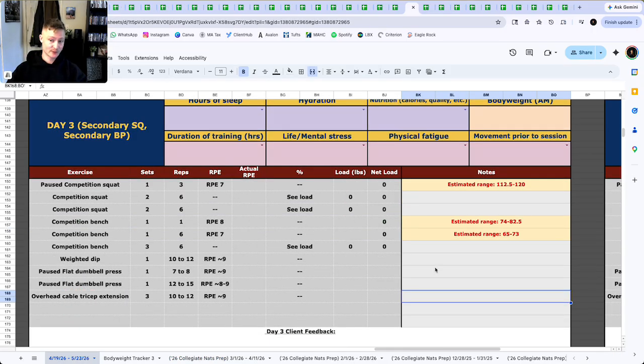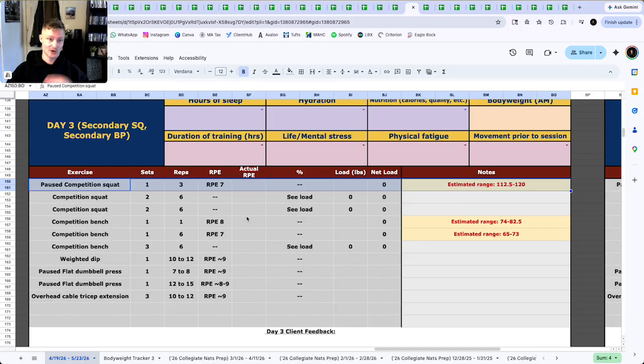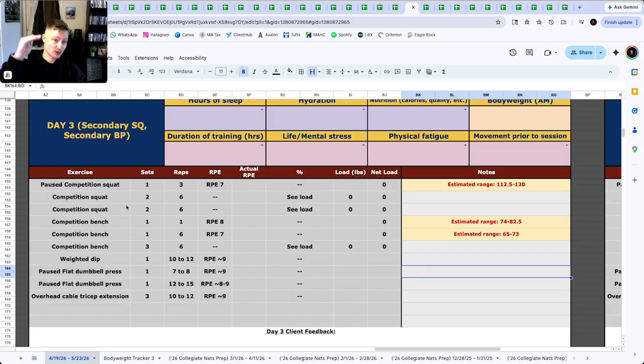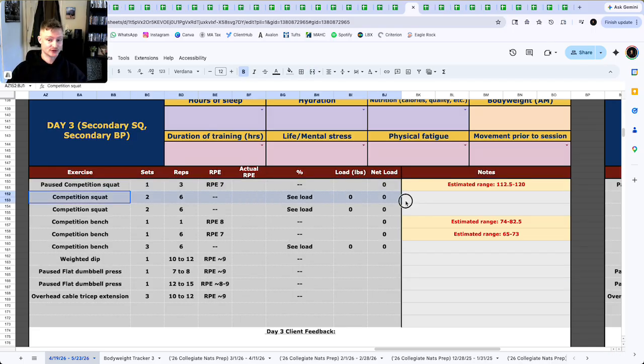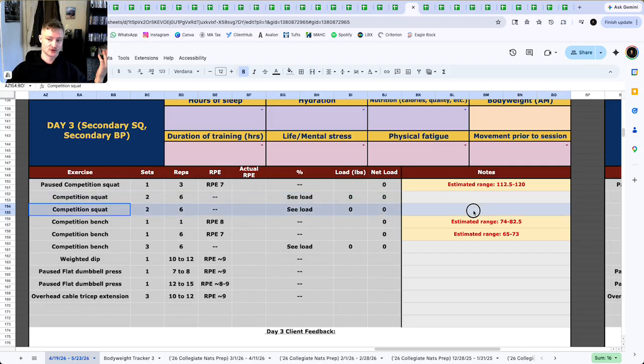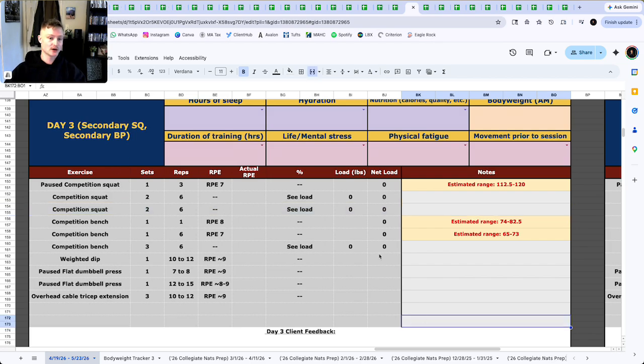So a simple way that we did that is basically only dropping off once instead of 2 times for the back off sets. So she still has the paused top triple that we know works. We know this specific set dosed in the way that it has been yields a good outcome on the primary session. But instead of going 1x6, 1x6, 2x6, now we're going 2x6, 2x6. So she's basically taking the old top set of 6 twice, and then doing a 2x6 after that. So really simple way to just bump up average intensity. And this is just one example of how to do so within the layout that we had for her.